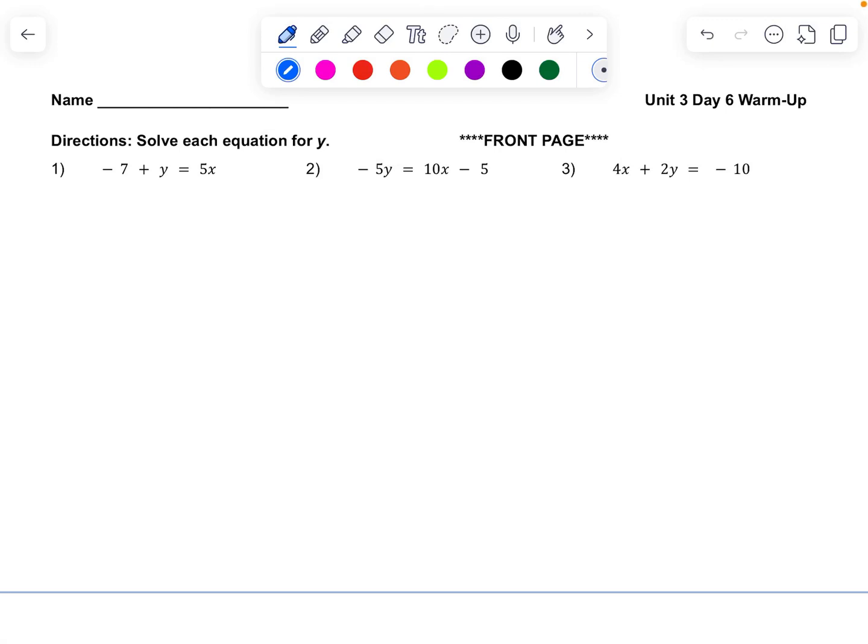All right, so here are the solutions to our Unit 3 Day 6 warm-up. So just like we covered in class last time, we're solving for y. We need to get y by itself. So number one,